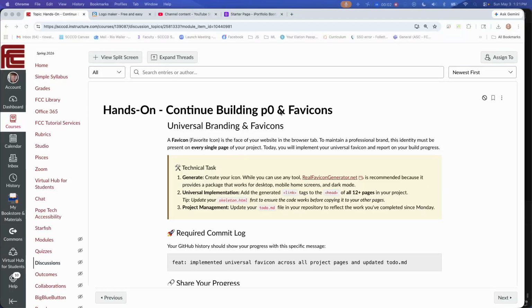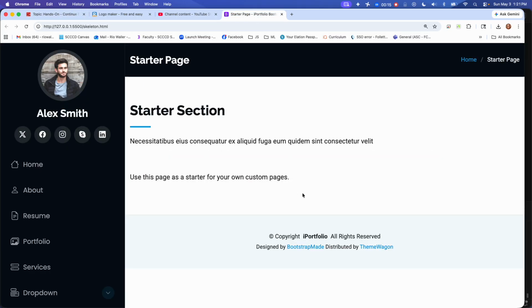Okay, so let's actually continue building out your P0, your Project Zero, but let's also add a favicon. If you've never heard the term, a favicon, and I'm going to bring up my skeleton page, is actually the icon. You've seen them, but you may not know what they're referring to as these icons that are branding